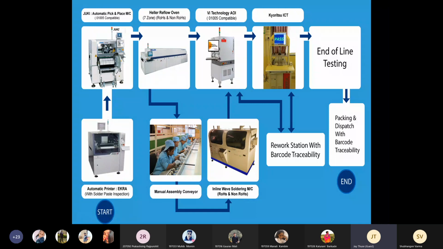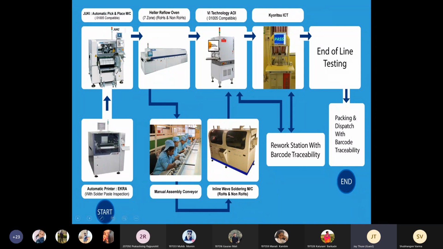In the reflow oven stage, the PCB with the components just placed on it is passed through the reflow oven, in which we have 7 different zones where temperature is maintained. Different temperature zones are maintained, and we make sure the soldering happens inside. Soldering of the SMD components happens inside it, and we ensure that whatever cards come out of the reflow have the SMD components successfully soldered on the PCB. That's how it is. After that, you have two machines, which you can see: the VI Technology AOI machine and